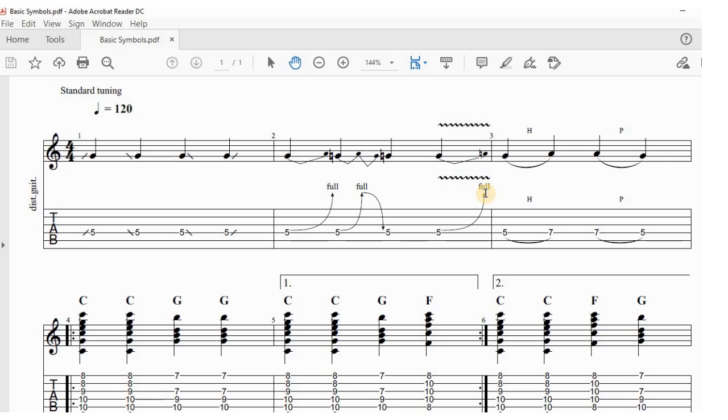If the bend is to be anything other than a full pitch bend, it will also be indicated just as it says full. So it will say half, 3/4, or whatever the value of the bend should be. At the next measure, we have our hammer-on